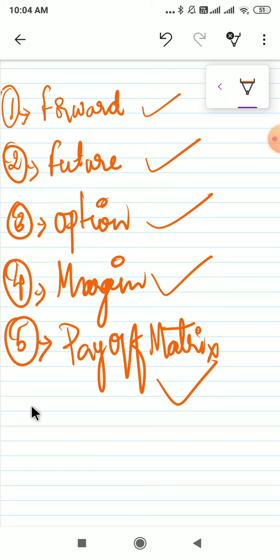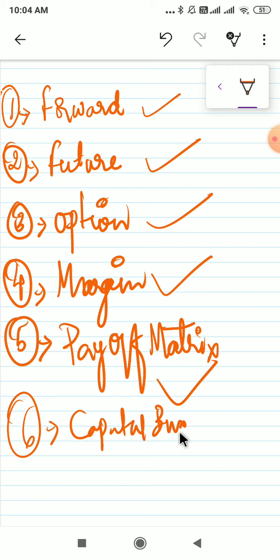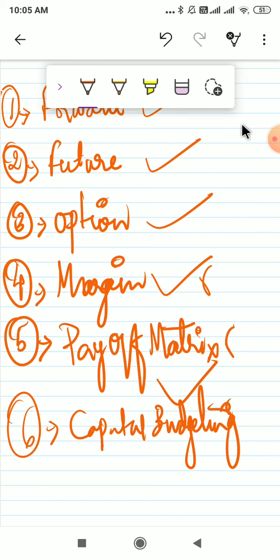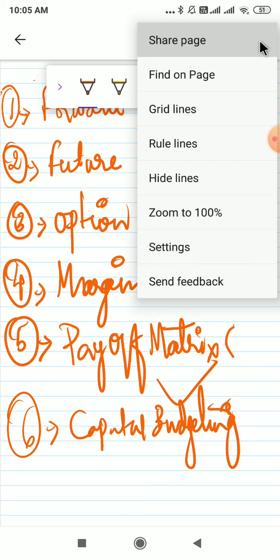And lastly, as you know, you already calculated the capital budgeting problems. Now this will give you almost 100 marks. Okay, now all these things are very simple. How to do a payoff matrix, a margin, a forward and a future contract, it's a very simple thing, so we will work out one by one. For the moment, what we need to do is work out the calculation for each thing.